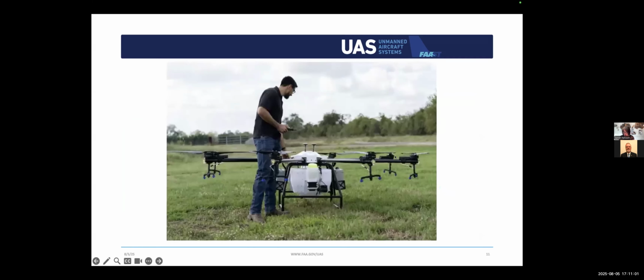So if you plan on flying drones over 55 pounds, you may need to obtain an FAA third-class medical certificate as well. As of late 2024, a third